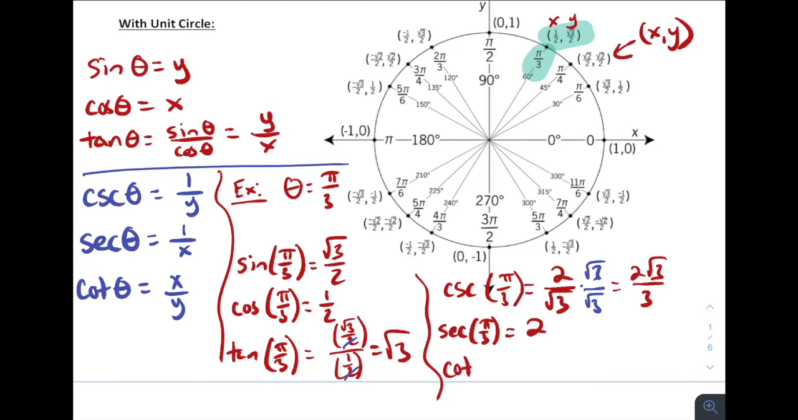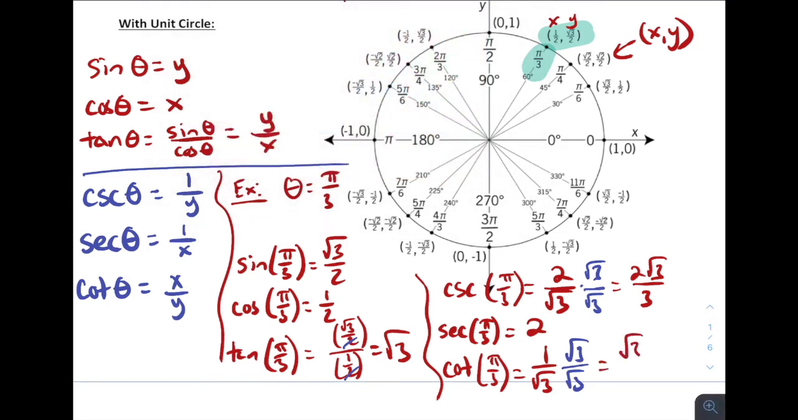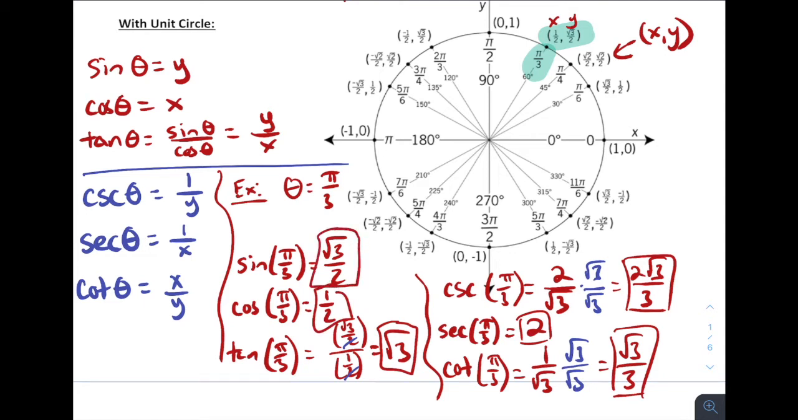For cotangent of pi over 3, we already said that the tangent was root 3, and we know that cotangent is the reciprocal of tan. So this is going to equal 1 over the square root of 3. But again, we cannot leave square roots in the denominator, so we multiply by root 3 over root 3 to give us the square root of 3 over 3. For that cotangent, we've got the secant, we've got the cosecant, we've got all of these for the angle of